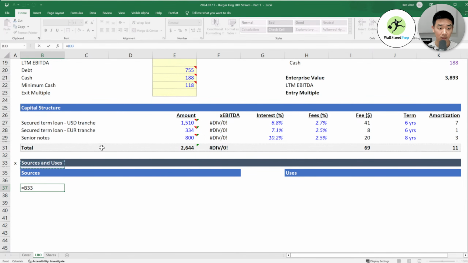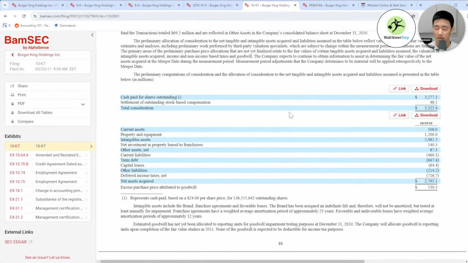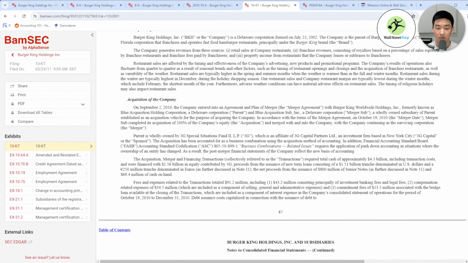And so these 3 tranches that we built out, secured term loan for USD, for their Euro one, and then senior notes. And then we also can see from, oh man, where was it? I think, oh, here, okay.